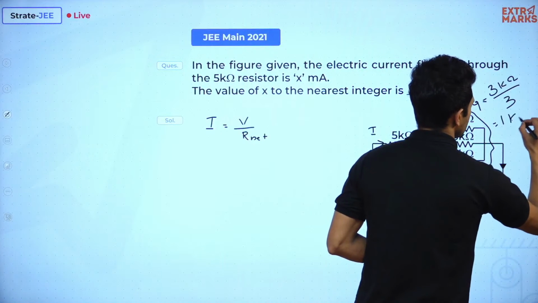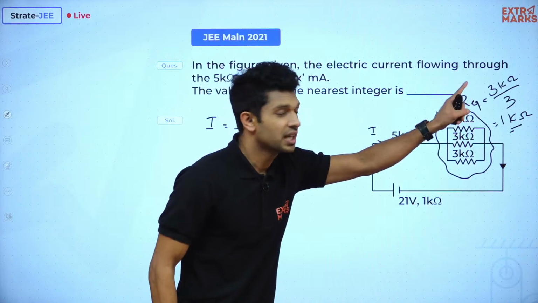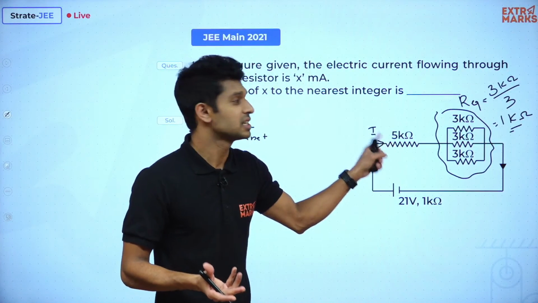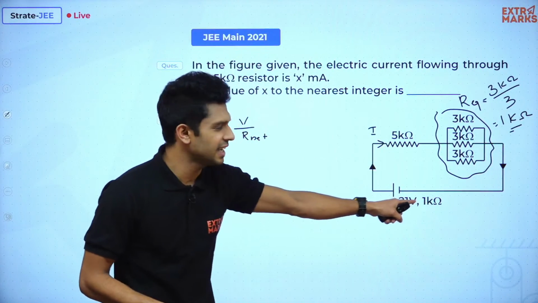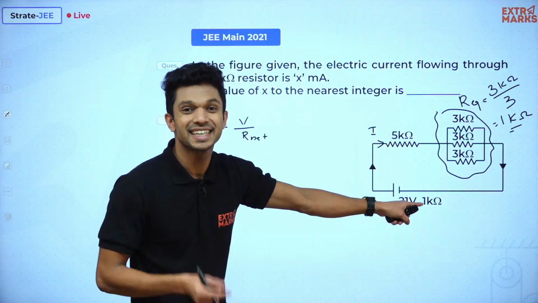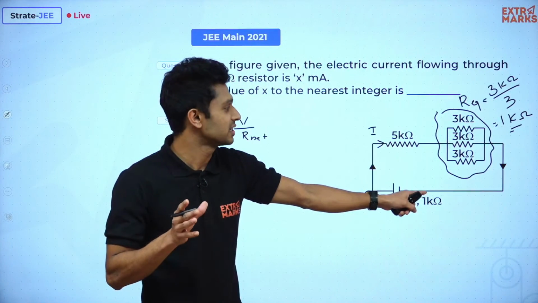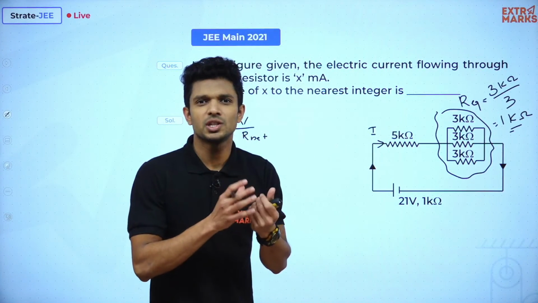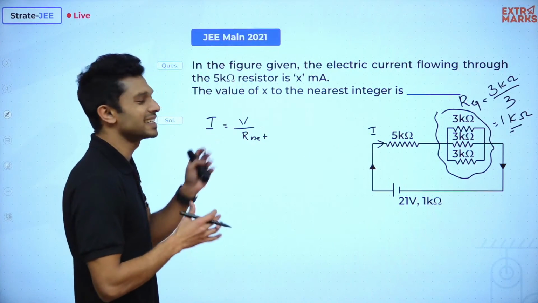Right? Okay, good. So here we have 1 kilo ohm. This 1 kilo ohm will now be connected with 5 kilo ohm. In what fashion? Series. 5 plus 1, 6. And with this 6, there is one more resistor, which is the internal resistor of the cell, that also has to be counted. Don't make a mistake over here, okay? So 5 plus 1 is 6, 6 plus 1 is 7. So yes, 7 kilo ohm is the net value of resistance.